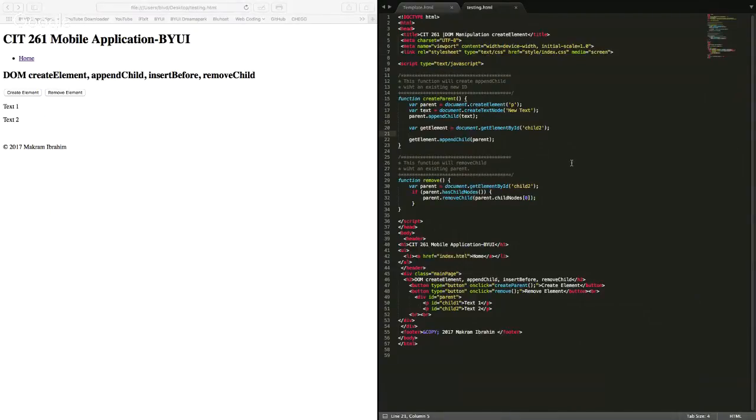Let's see what your remove button is. Var parent equals doc child 2. So let's show the source. You got an error there for one thing. The requested URL was not found. Oh, that would be because I copy and pasted your code. Never mind. That's just because I'm running this locally, not on your website.